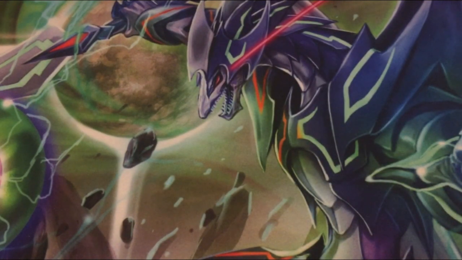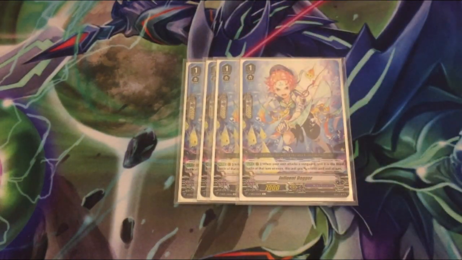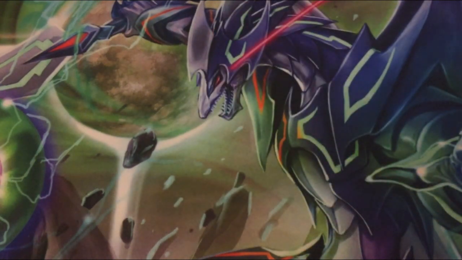And then for the last grade 1s, we play 4 Influent Dagger. He can either be a giant booster or a really decent hitter. So he actually comes in handy against like the Force matchup, surprisingly. And then for triggers,